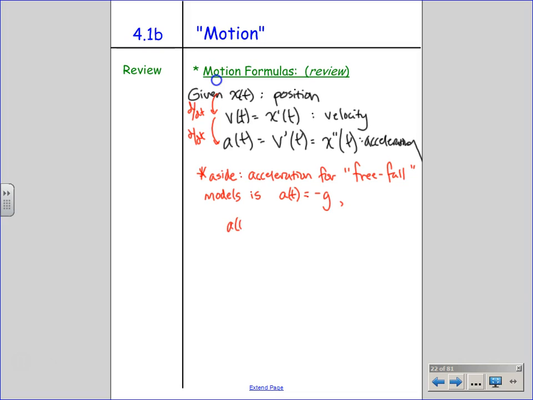So acceleration is either going to equal negative 32 feet per second squared or negative 9.8 meters per second squared. This is precise enough according to basic physics. I haven't delved too deep into different things, like depending on where your location is on the Earth, your gravity technically does change a little bit. Because I don't think our Earth is a perfect sphere. But anyway, we're not dealing with that.